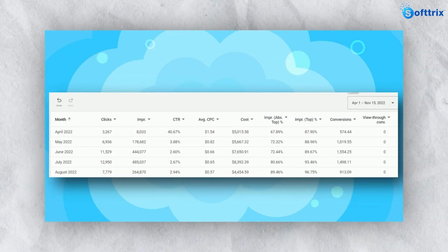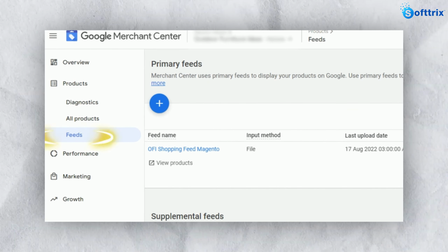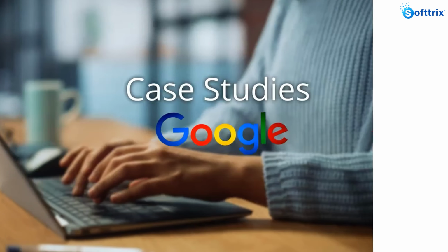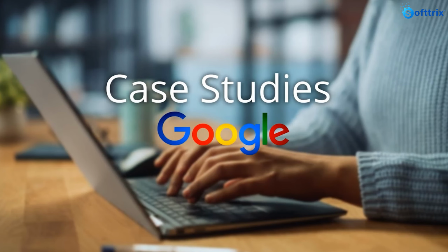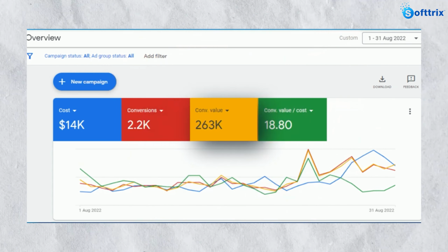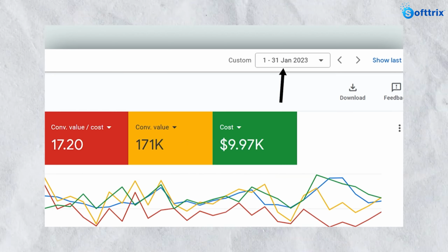Now the sales were being generated, but our main focus was to reduce the CPC, and all our efforts were towards optimizing the Google Shopping feed for that. With the technical adjustments just discussed, we were able to generate 25x ROI for this client. The second case study is around a beauty brand for which we jumped the sales from 0 to 250,000 in a month only. The third case study features a footwear store